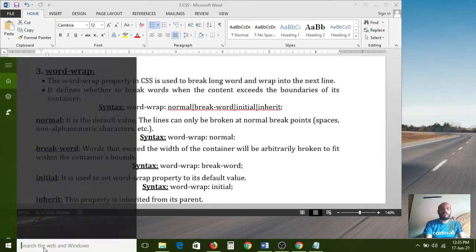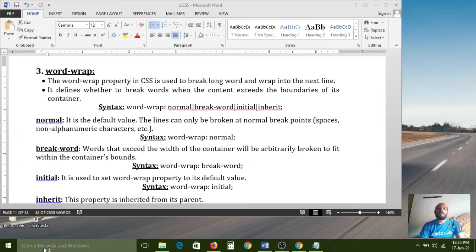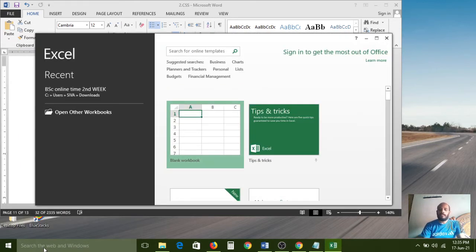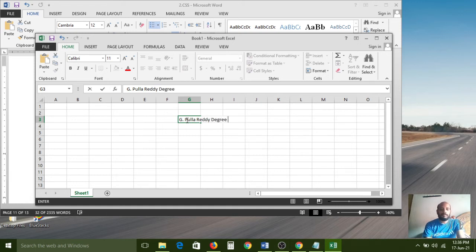For example, consider Excel, which also works with the word-wrap property. I have opened an Excel window and I am typing our college name, G Pullareddy Degree and PG College.